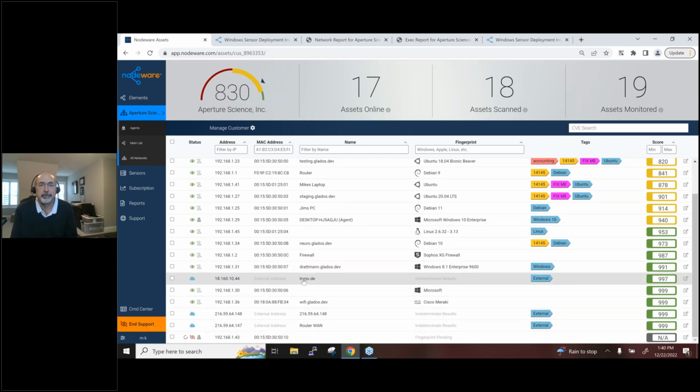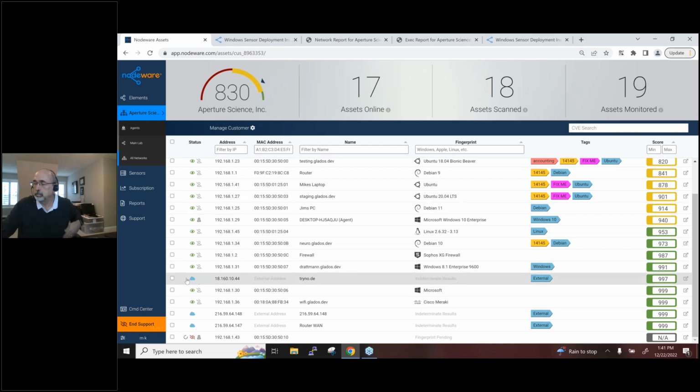External scanning is, we have 4 large external scanners that reside across all the major cloud infrastructures. And similar to your sensor you download and deploy on your LAN, these are just massive external sensors. You opt in and tell us what to scan, and those will go scan upon the cadence that you tell us to. Let's say you provide your public IP address for your firewall. We will probe that firewall, find open ports, find the services that are running, and find any weaknesses or vulnerabilities for that identified device that have CVEs published for it.